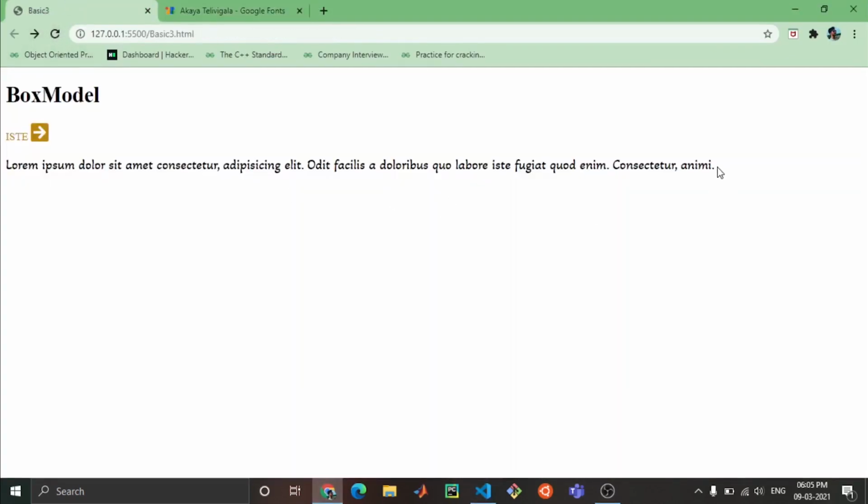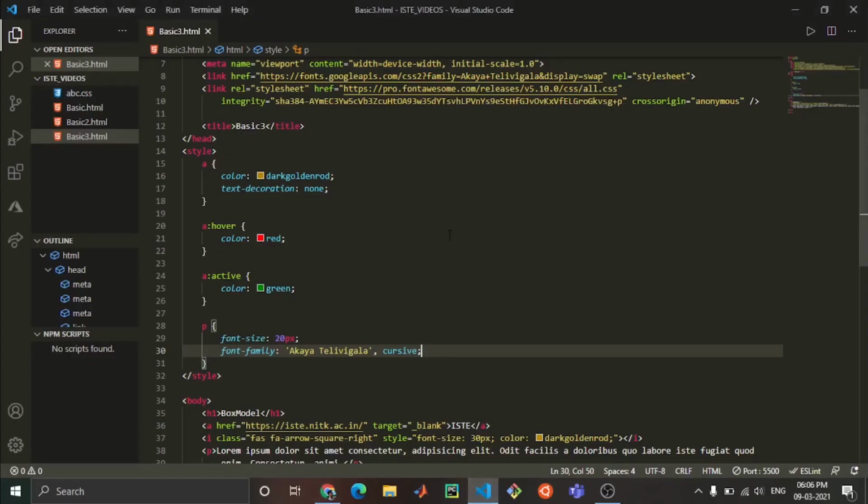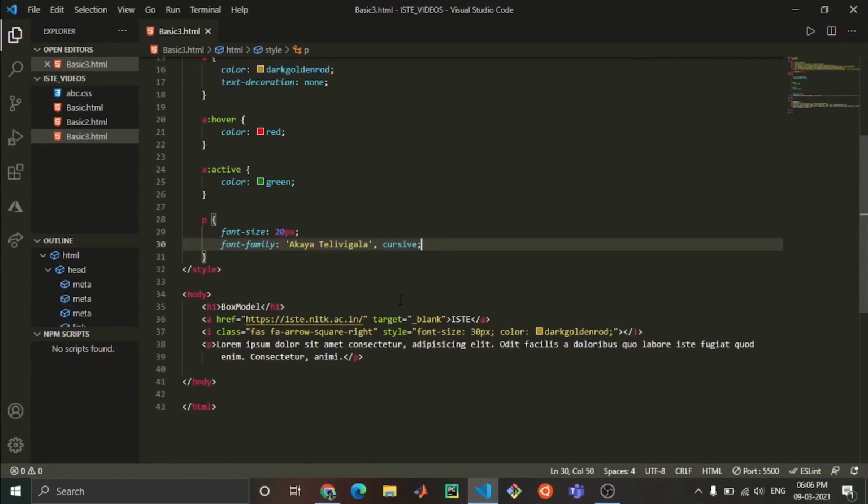So you can also extract these Google fonts. That is also very beneficial. In VS Code there are not many fonts, so I suggest going to Google Fonts, and it is very easy. First of all add that link, and then you can add the font family. Fine. So this is done.